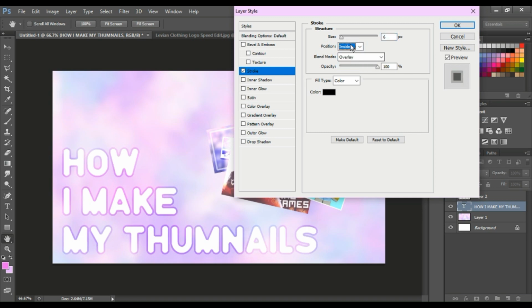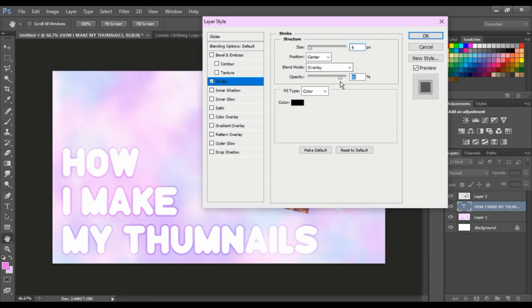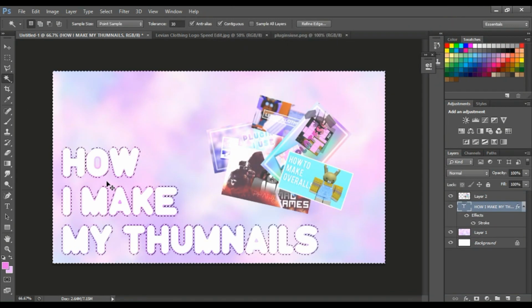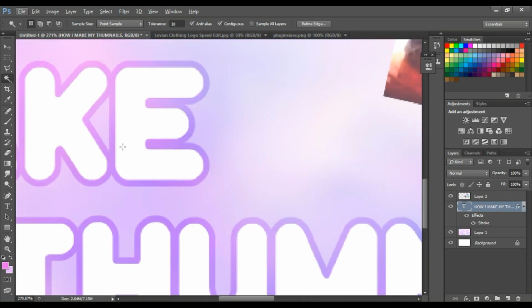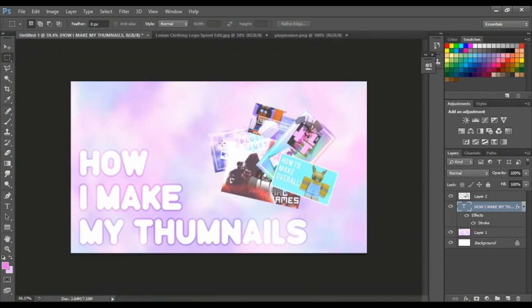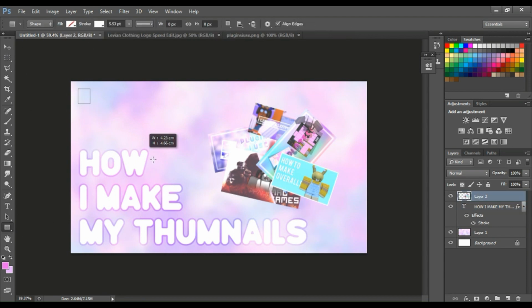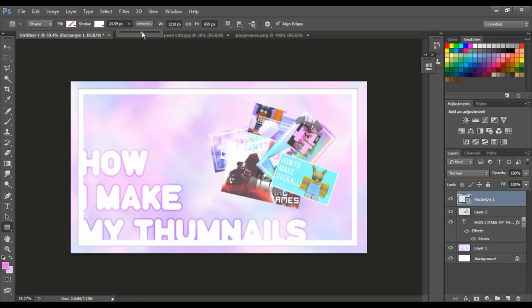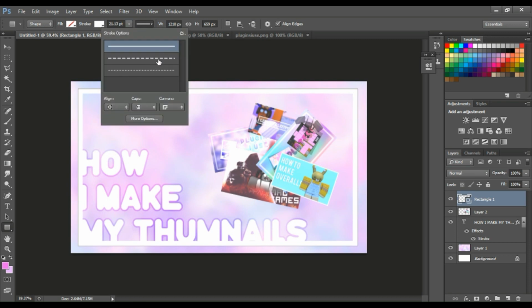And if you're thinking of doing thumbnails the same as mine, and you don't have Photoshop, it doesn't really matter if you use Paint.net or Photoshop or any other software that you have. Photoshop has similar stuff to Paint.net, not exactly, but similar stuff. And also, be kind of unique on making your thumbnails, because I don't think someone would want to watch a video that has the exact same thumbnail as another person. I'm pretty sure someone would want to watch something different. I don't know, that's what I think.